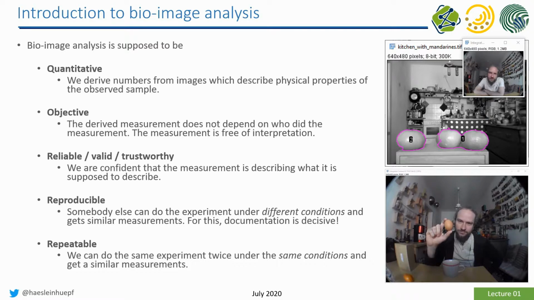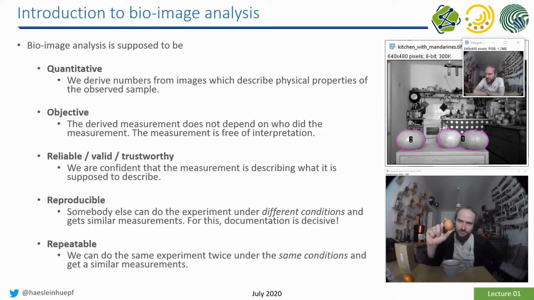I will also tell something about the differentiation between reliability and validity. A student was asking for that. So we want to have trust in what our workflow is doing. So we have to kind of prove to ourselves that what our automated workflow, our software, is doing here makes sense. Then we want to be reproducible. So we want to document our workflow in a way that somebody else can do it and would draw similar conclusions as we do. And furthermore,